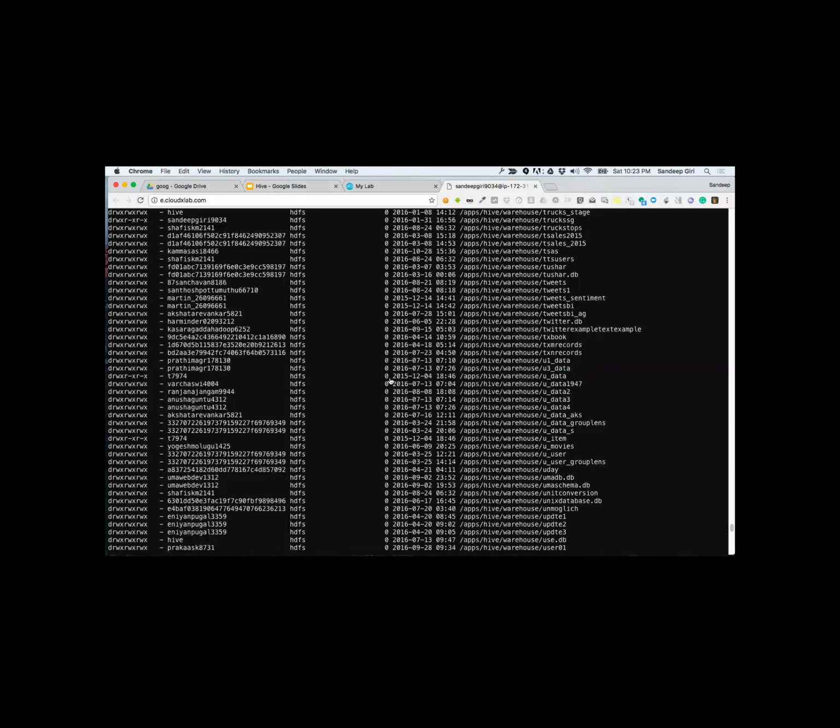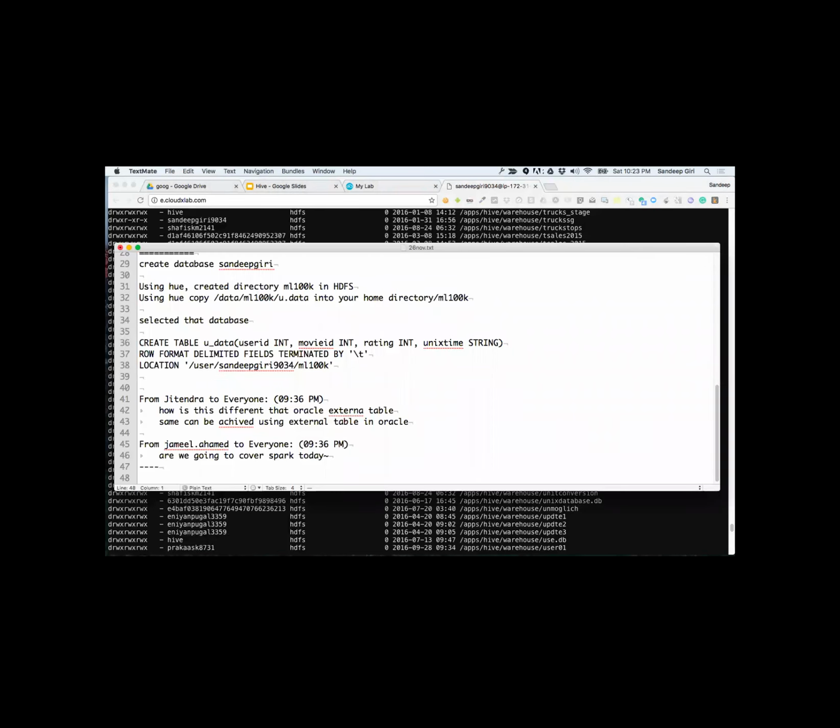A question from Sheikh. In case of Jinyang's PC, we saw u_data1, u_data2, and so on. If we drop u_data5 or any of the tables for that matter, it will drop the linked data. It will not delete the tables. It will just delete the data.